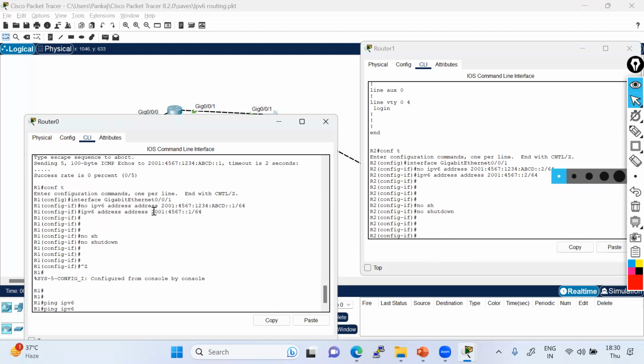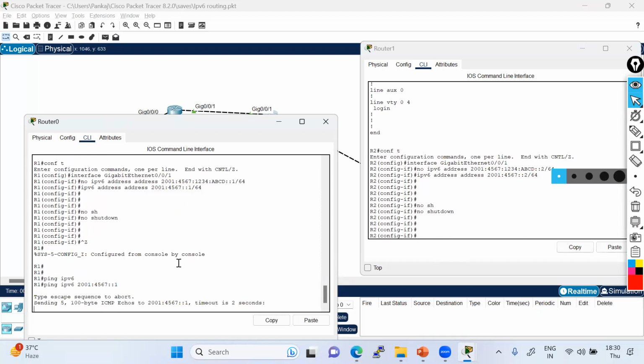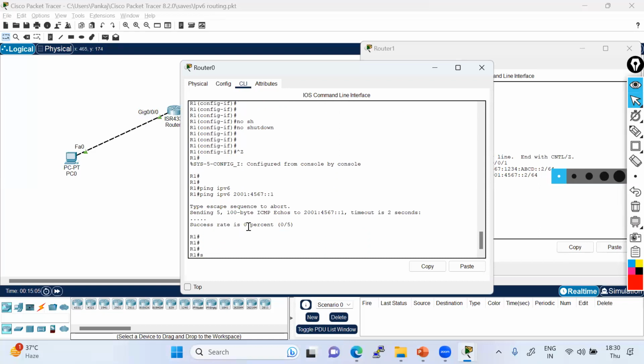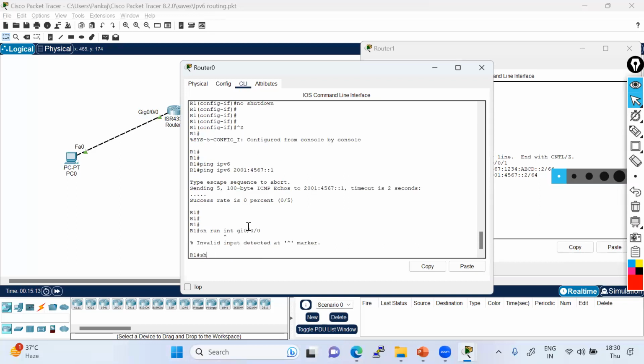Very strange why it's not pinging. Okay, this is not pinging. Let me try to another interface which is able to ping to the PCs. Let me check for 0/0/1, 0/0/0. So show run interface gig 0/0/0.